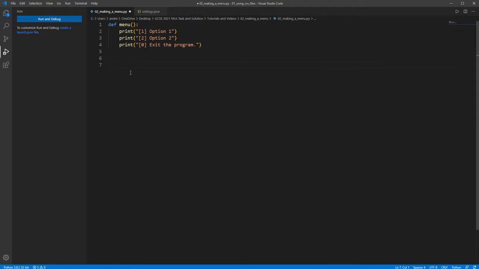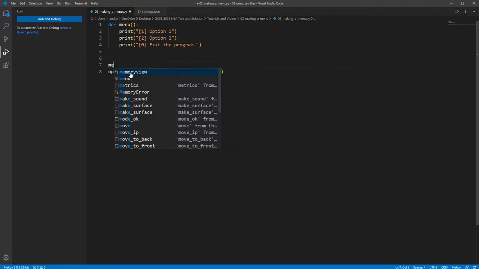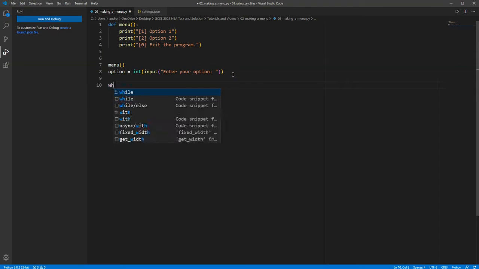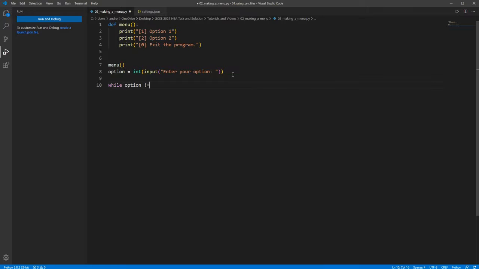Okay, so this program is going to use a while loop. So I'm going to say option equals get an int value from the user and then do something like this. Enter your option. Okay, now I should actually print the menu here. That'd be a good idea. So I'm going to print the menu here. Then I'm going to get the option from the user. Now I'm going to say while option is not equal to 0,